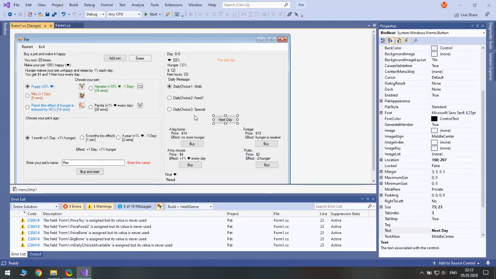So every day we check whether, every next day we consider what was done in the previous day.